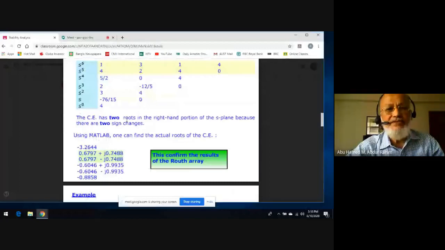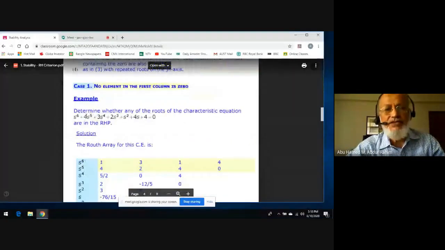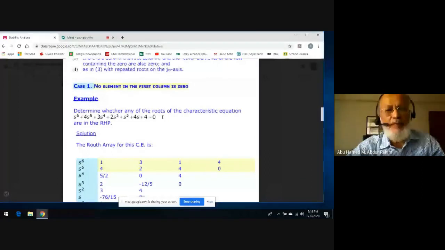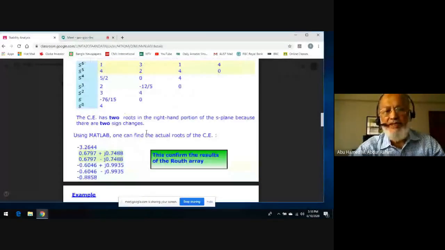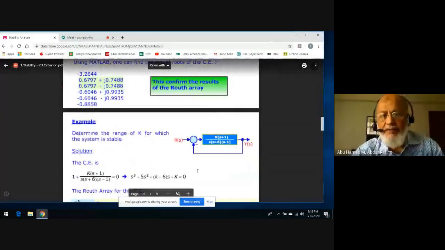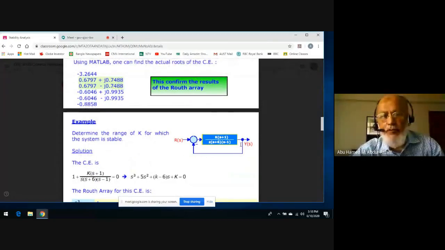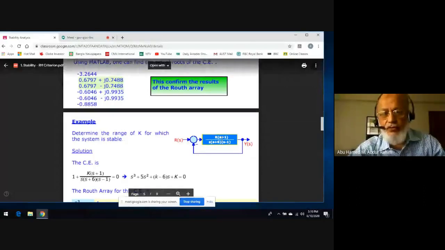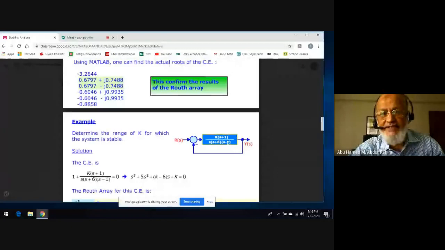Now you can use this Routh-Hurwitz criteria for solving other problems also. For example, let's take this example. This is a unity feedback control system. Look at the forward gain: K, S plus 1, S plus 6, S minus 1. Don't worry about the S minus 1, because this is the forward path and the total feedback is a different thing. If the open loop system is unstable, the closed loop can be stable. So don't be afraid on seeing a pole on the positive side.